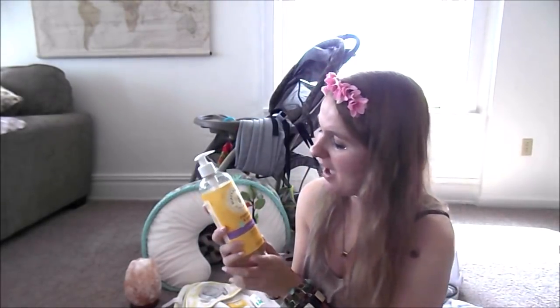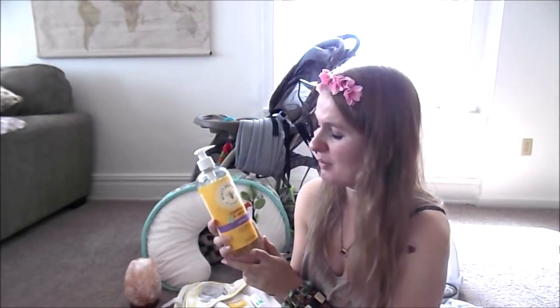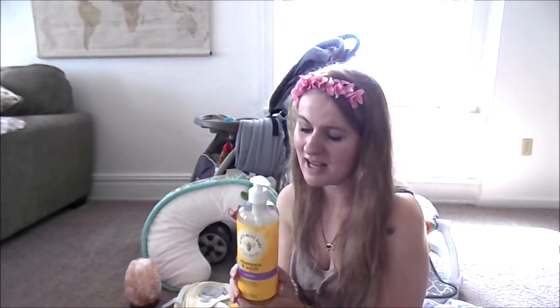Next thing I have is my Burt's Bees Baby Shampoo and Wash in a calming scent, and I have tried a few different baby washes and shampoos, and this is just the one that I keep going back to. I love the scent of it. It's so gentle. It smells really soft, like a lavender chamomile smell. It doesn't get really sudsy, but it really does get her clean. Her skin is so soft when she comes out, even without lotion. I love this stuff. It is all natural, and they are cruelty-free too, so I'm just a huge fan of Burt's Bees,